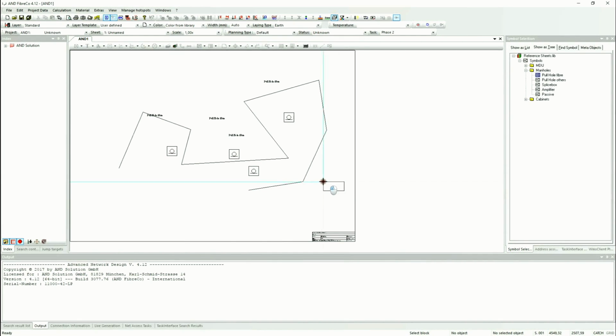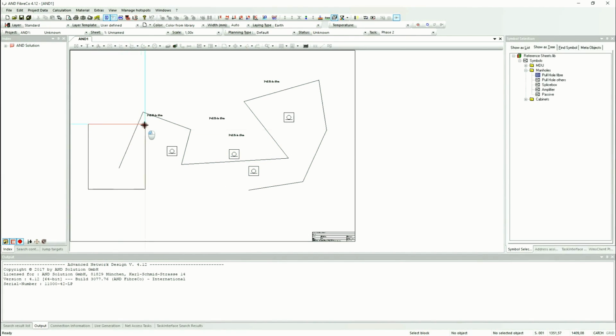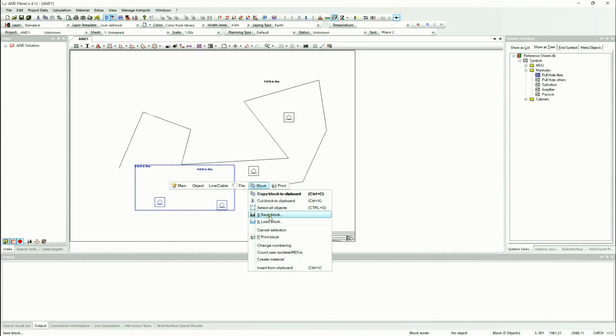If you mark from right to left, everything which has contact with the frame will be marked. You can see it, they are the blue ones. And if you go from left to right, only those things which are completely inside of the frame will be marked. And after that we can move the marked objects or save the block